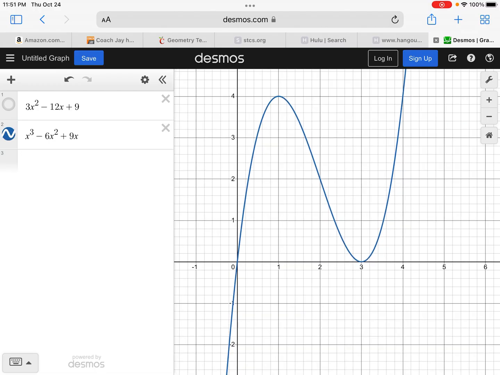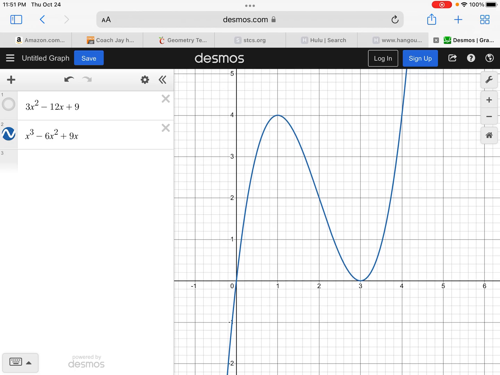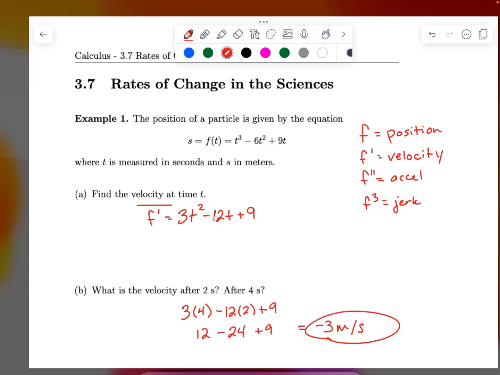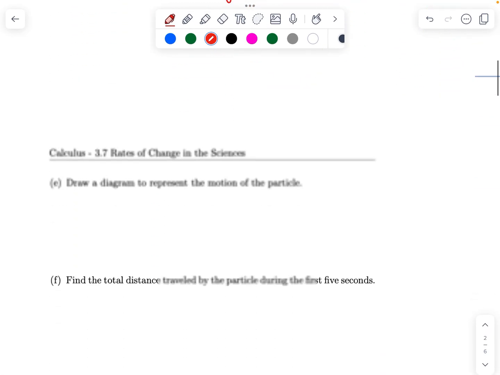So our position function shows the position of the particle, and it's a cubic function, and it looks just like that. It starts at 0, 0, which is appropriate. It goes up, it comes back down, or it goes forward, it goes backward, and then it goes forward again. So our position function